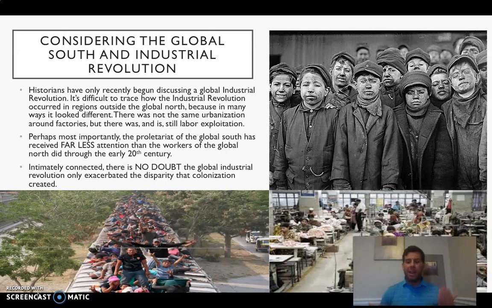And so this is what I want to leave you with, because it has to do with your weekly response. The Industrial Revolution, we picture that top right picture, these children workers in Britain. That's what we picture. But the Industrial Revolution is ongoing. Aren't sweatshop workers in Southeast Asia the same type of exploited workers as the mill workers in Great Britain? Aren't migrant workers in the United States, many of them who trace their origins back to Latin and South America, aren't these exploited people too?